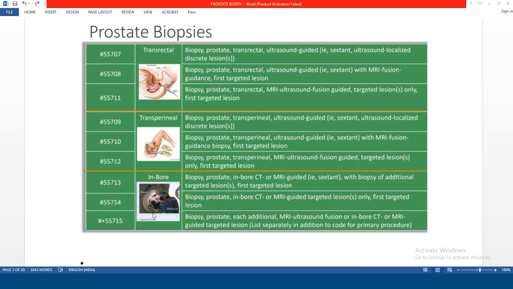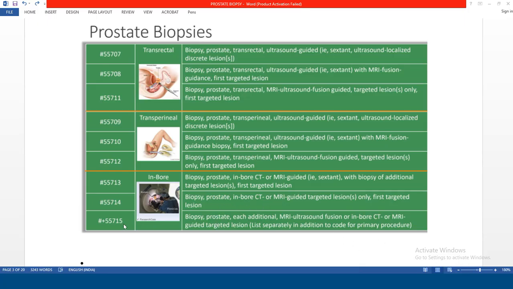For the second targeted lesion, you can use 55715. You can use it in the same way for in-bore also. Like 55713 also, you can use for the first targeted lesion, and for the second targeted lesion you can use 55715. Along with 55714 also you can use 55715, as 55714 also includes the first targeted lesion in its code